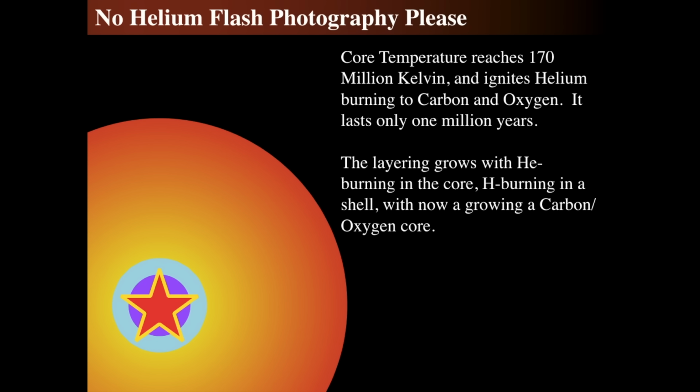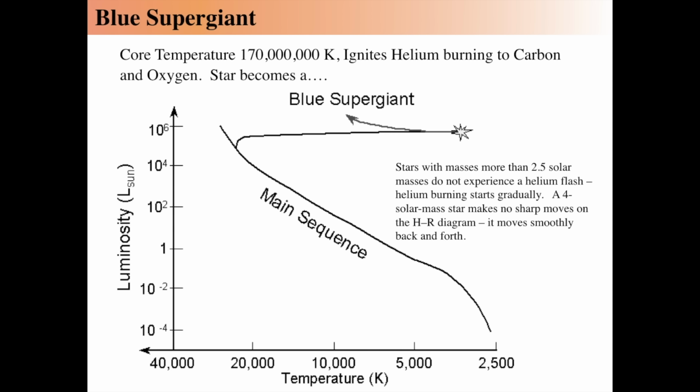Eventually, this supermassive star's core temperature rises to almost 200 million Kelvin. That's enough to start up helium burning. And helium burning through the triple alpha process, as we showed before, makes carbon and oxygen. In the sun, this would last about 1 billion years. For massive stars, it lasts about 1 million years or less. And then we've got this layering that happens down in the core, where there's helium burning in the core, then hydrogen burning around it, and notice that there's no helium flash, because it ignites